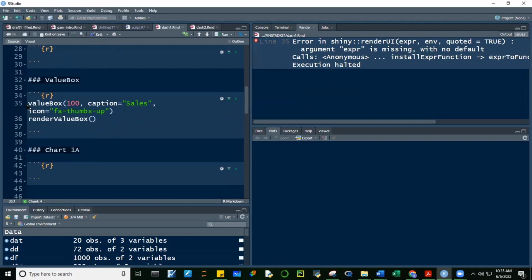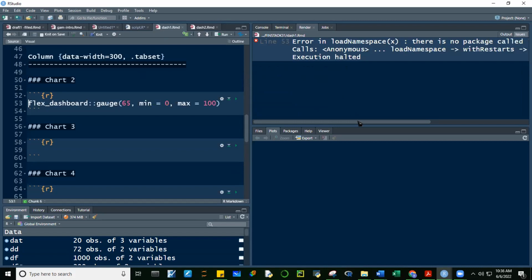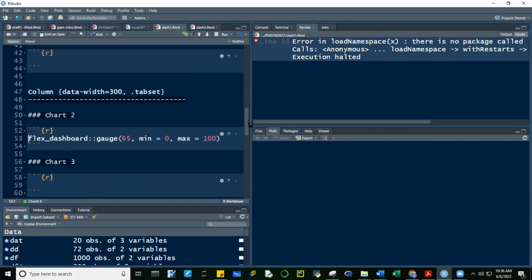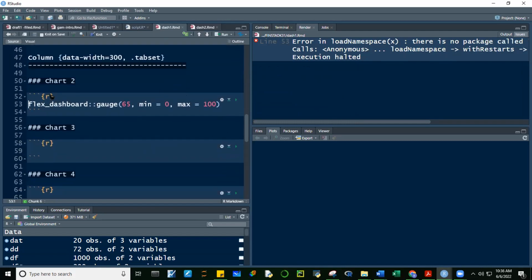Okay, anyway. So let me just say, tingnan natin kung in-name natin yung object. Control S. And then knit. And I'm experimenting. No? Okay, ayaw pa rin. Ayaw niya. Okay, sige. Anyway, guys. That's just one anyway. Okay, aside from yung value box, meron ding gauge. So if you take a look at this gauge,